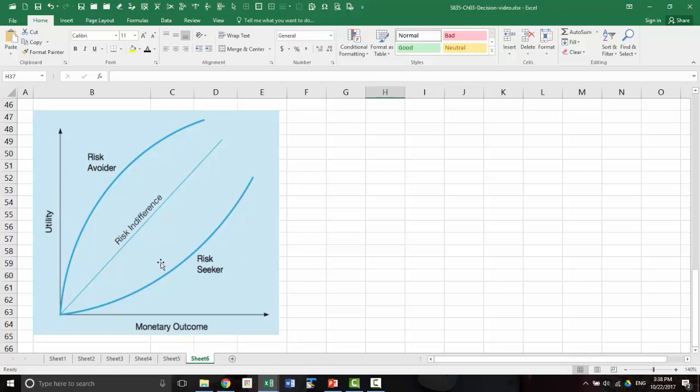Now, a person who is indifferent to risk will have a curve that is a 45-degree straight line. A risk avoider's utility curve will usually look something like that, and a risk seeker's utility curve would be